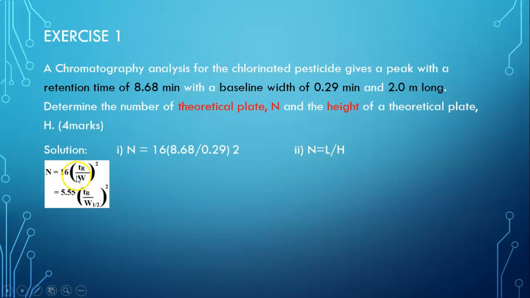Okay, so you must use this formula to calculate the n value. You need to use 16 bracket tR over W bracket squared. We rarely use this equation 5.5, and mostly we use 16 bracket tR over W bracket squared. So just ignore this equation, and only use this equation. So you just insert the retention time value 8.68 divided by W given here, 0.29,